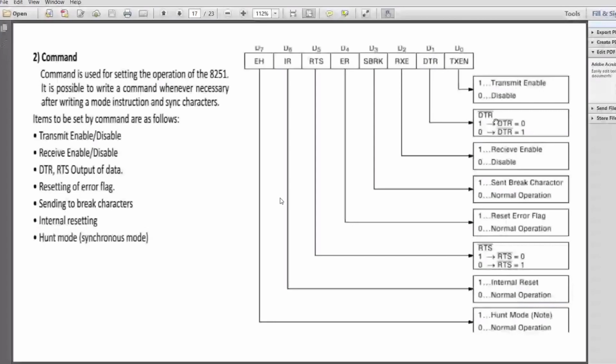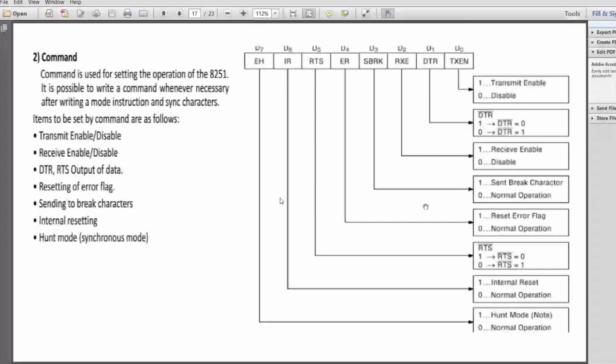Then RXE enables the receiver. Then send break, that is, send break character for asynchronous operation. Then ER is error reset. There are error flags available, which we will see in the status register, so this resets the error flags.